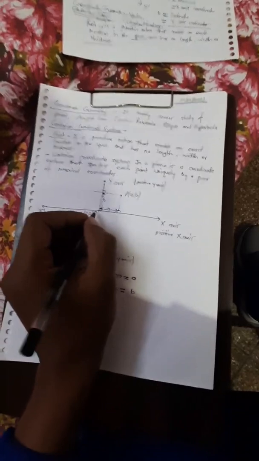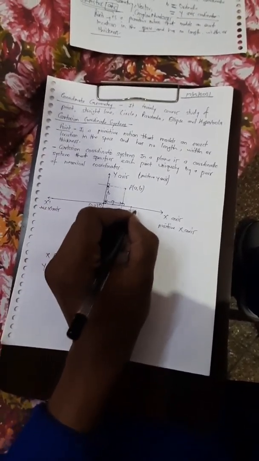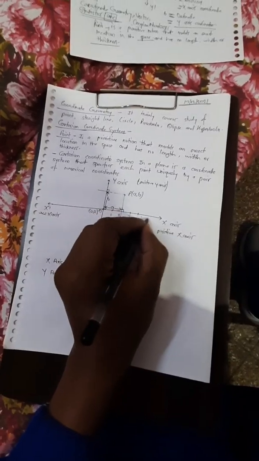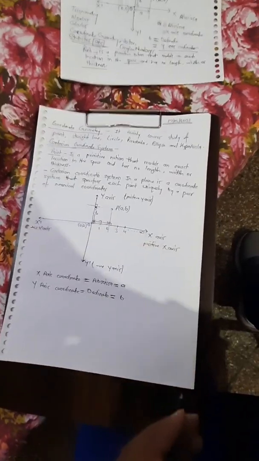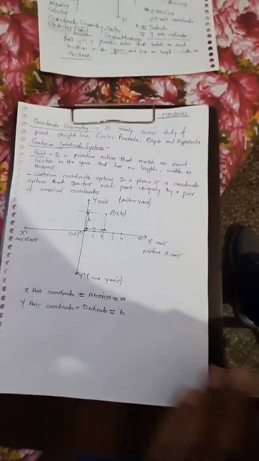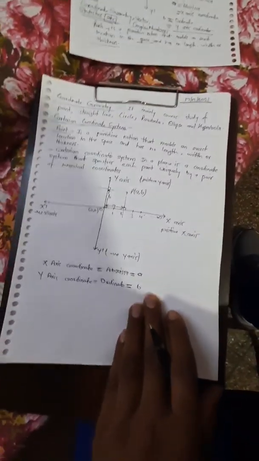Positive denotation means suppose I give it 1 unit, this is 2, this is 3, so it will go up to a very large number. A very large number means we can go up to infinity. Infinity is a very large number, which we can't say exactly how large it is, but it can cover all the possible numbers which we can count or see in our day-to-day life.